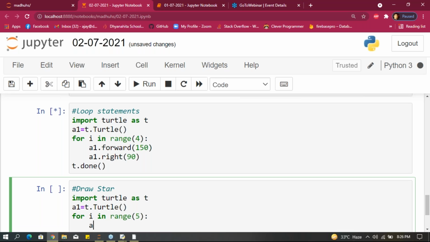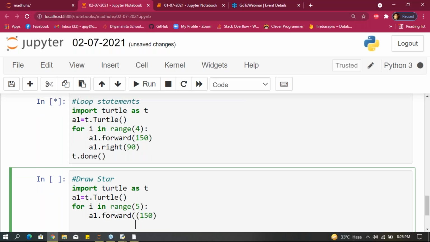After that, a1 dot forward, I'm giving 150 pixels. And a1 dot right, in a square we have to give 90, but in a star we have to give 144 guys.